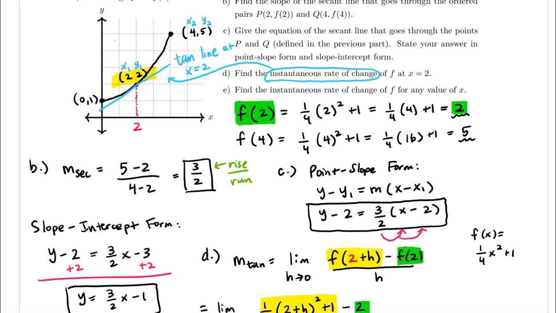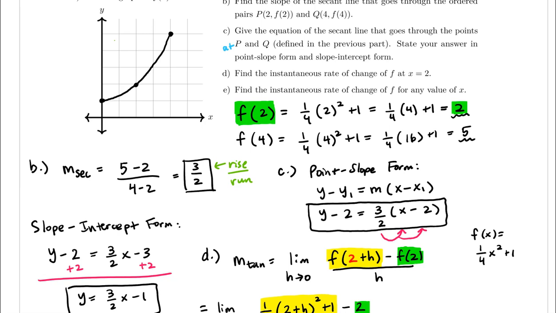So let's move on to part E, which says find the instantaneous rate of change of f for any value of x. So essentially, part E is asking us to find the instantaneous rate of change at any value on the graph of our function. So I'm just going to pick some arbitrary location right here, and the x value we can see is not even an integer. It's maybe some number between 2 and 3, but I don't even want to approximate that because I want to just generalize and say that let's say this point has the coordinates x, comma, f